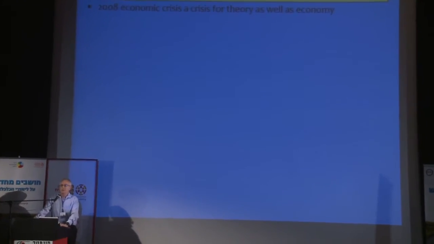So the crisis in 2008 had every reason to be not just a crisis for the economy, but also a crisis for economic theory. And of course, it was completely unanticipated by the mainstream DSGE models. My favourite here being the OECD, that in June of 2007 published this is the overview to their